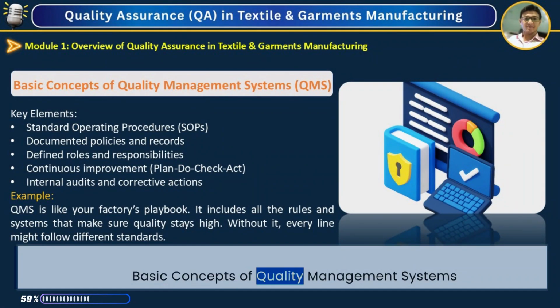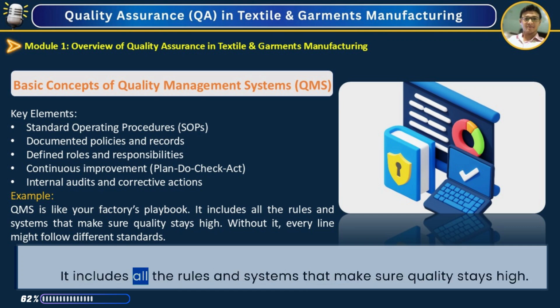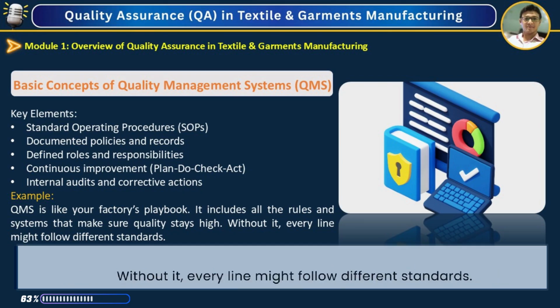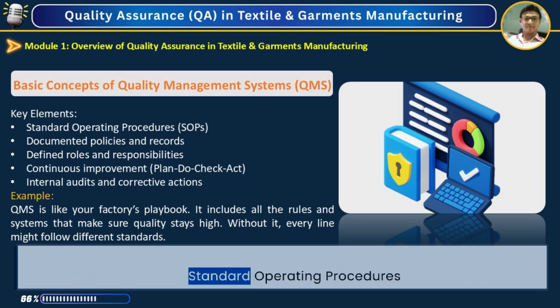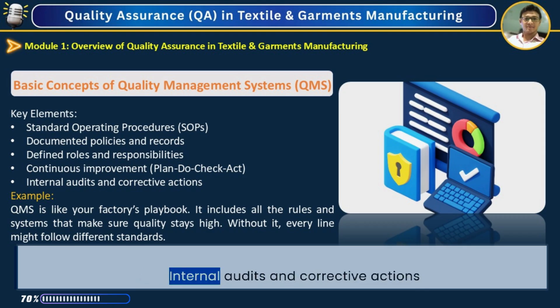Basic concepts of quality management systems. QMS is like your factory's playbook. It includes all the rules and systems that make sure quality stays high. Without it, every line might follow different standards. Key elements: standard operating procedures, documented policies and records, defined roles and responsibilities, continuous improvement plan to check act, internal